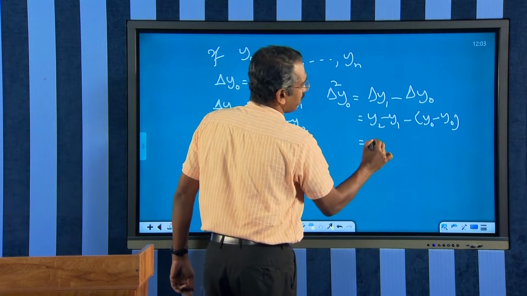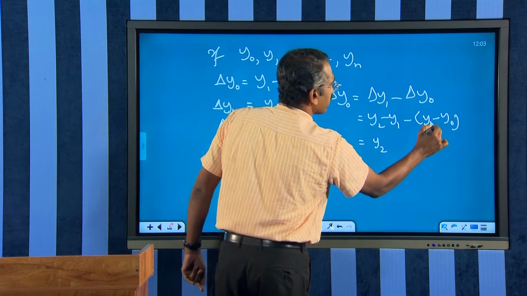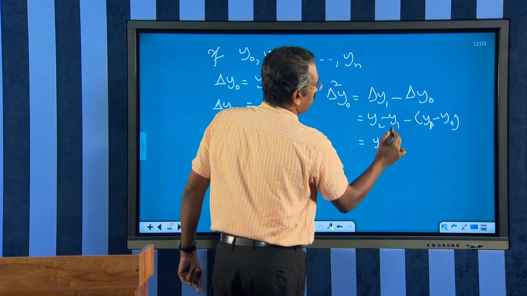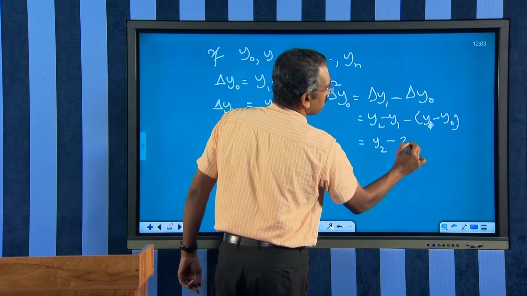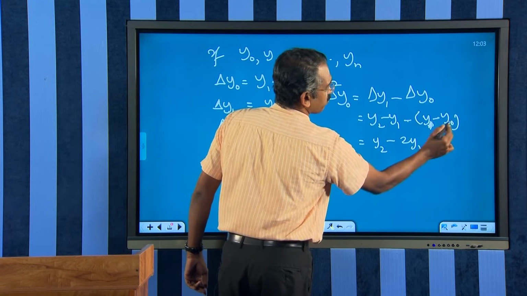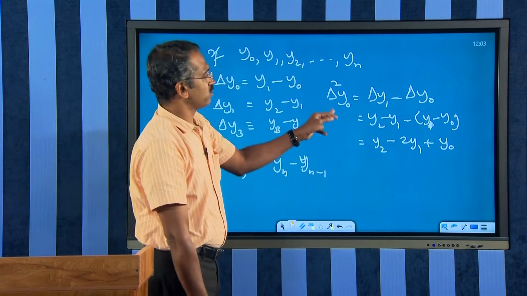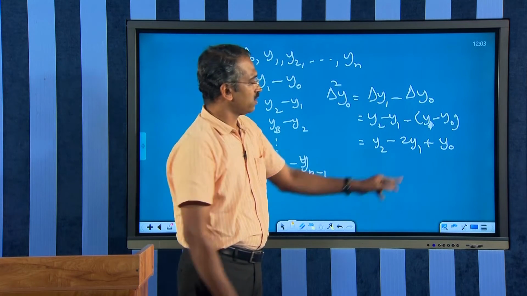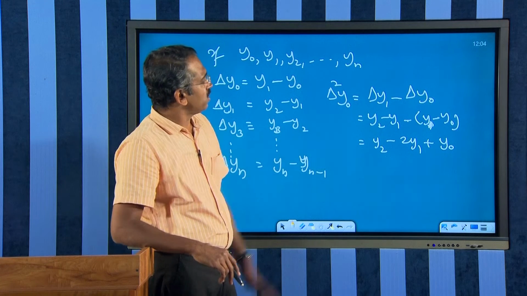This is equal to y2 minus y1 minus y1, which is minus 2y1, and minus of minus becomes plus y0. Delta square y0 is equal to y2 minus 2y1 plus y0. This is the second order